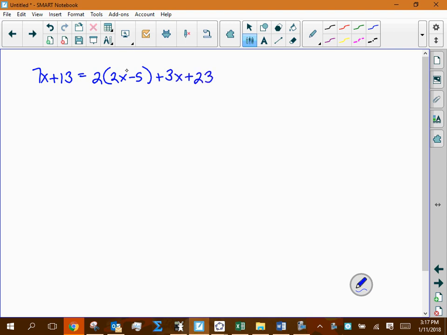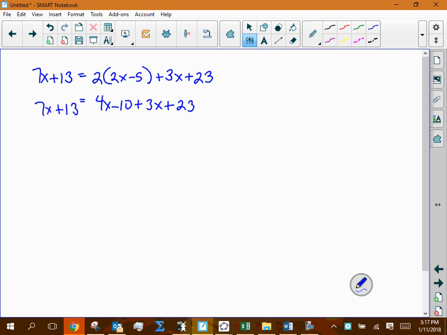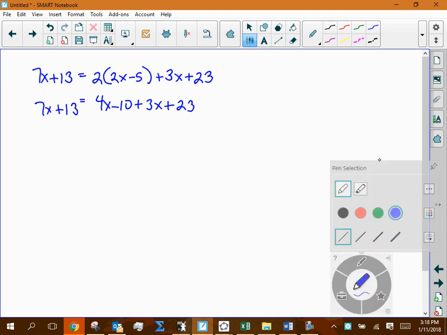Generally speaking, most people, when you see the distributive process here, are just going to multiply that through. So we get that. Then the next thing that usually creates efficiency in solving these equations is to